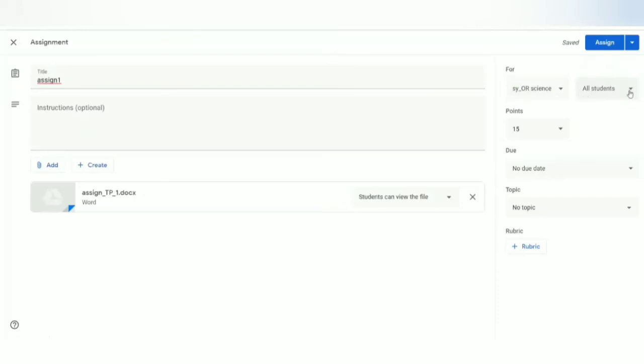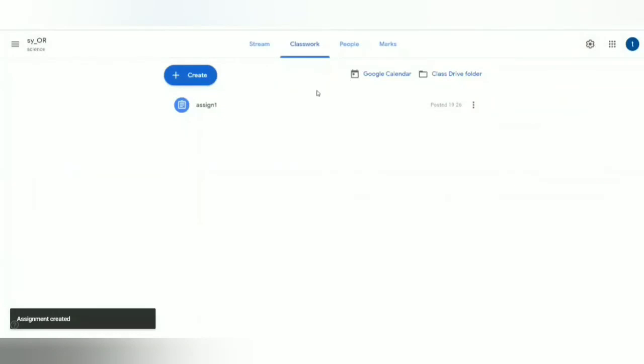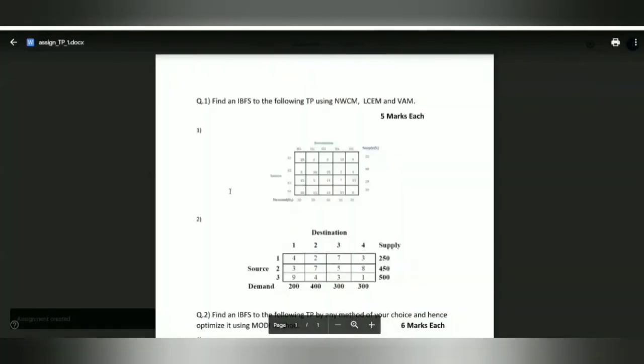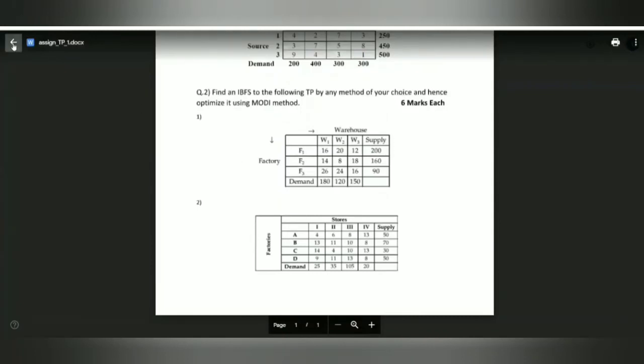If you are taking any retest or test for a particular number of students or a particular student, then you can just click on this, and then you can select the students from the list. Here you cannot see the list because I don't have any list right now. But when you create a list of students, then you can click on those students with whom you want to share. And right now I'm just clicking on assign. So this gets assigned to the class right now, and you can see it here. Now I am clicking on it, and students can view the assignment very easily, and they can do the needful.